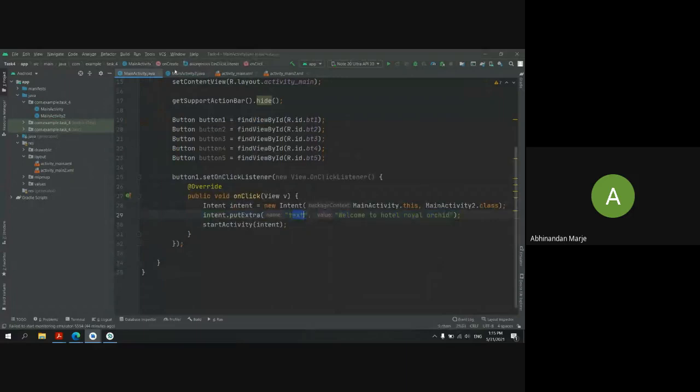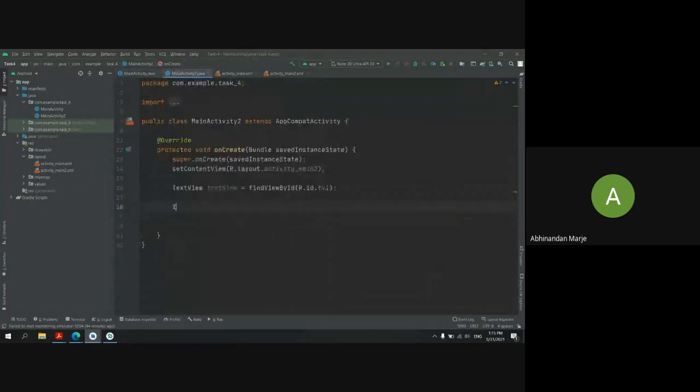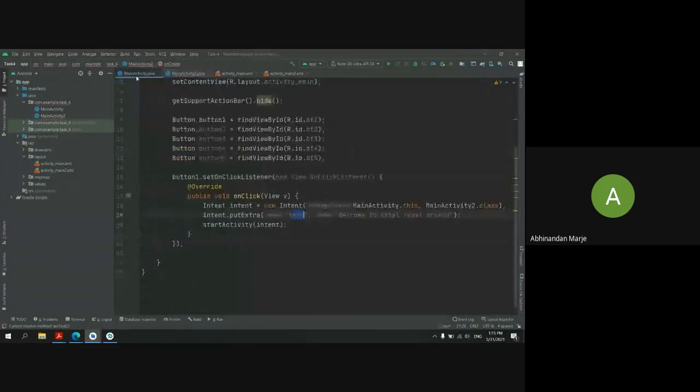Now you can extract it here. How? You specify Intent equal to getIntent, and give a name to your intent. Now I can set the text here. You can see the text view which I got from the XML file. I am setting the text here, and what I am going to set is this message from here, right? So you can do that.